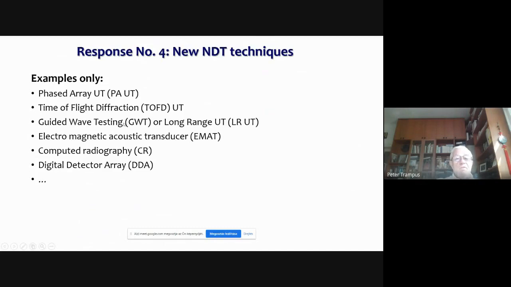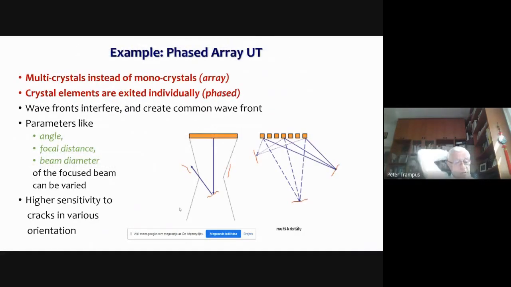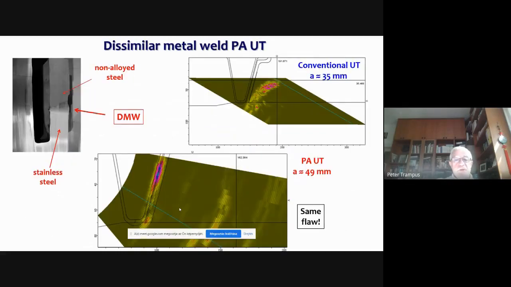In UT, electromagnetic acoustic transducers; in radiography, the computed radiography and the digital detector array, also revolutionary developments in radiography. I don't deal with phased array because Raphael will continue with this area.